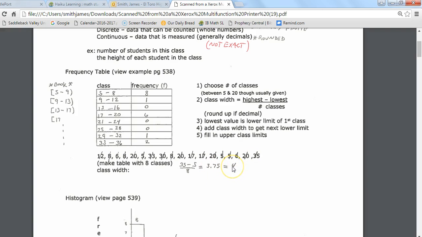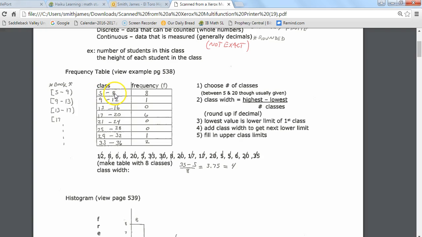So if I want my class width to be 4, here's where you look at for step 3. My lowest value is the lower limit of my first class. Here's what that means. Since the smallest value is 5, my first class is going to start with 5. And since I need a width of 4 units, I'm going to go all the way up to 8. So think about that for a minute. That would include 5, 6, 7, and 8. So I have 4 units of data within this class, and so that's why we're going from 5